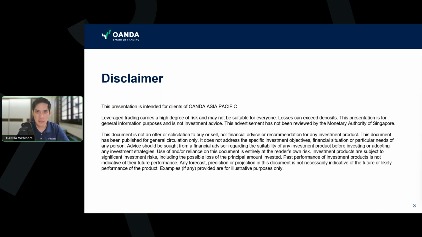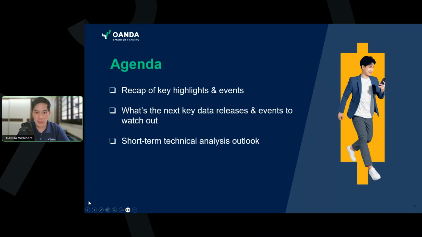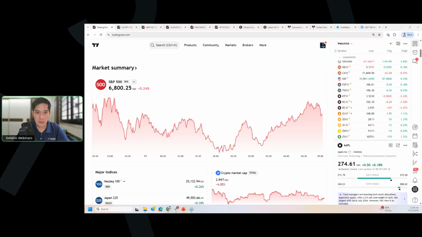Before we jump into a quick review of the intraday technical outlook on all the broad-based cross-asset classes, let's have a quick recap of what has taken shape yesterday. What we could see yesterday was the release of the non-farm payroll data as well as the unemployment rate, followed by the leading tier 1 economic data, which is the manufacturing PMI data and the services PMI data compiled by S&P Global for the US economy. Let me draw out the calendar for you to take a look.